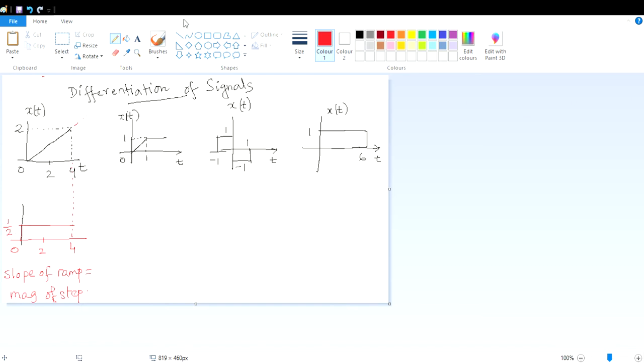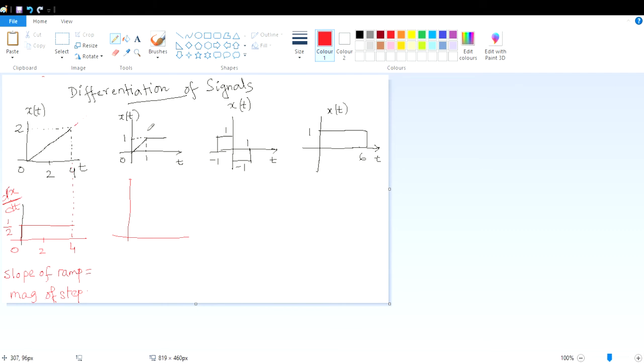Understood? So now we are going for the second. You know that we are not doing the mathematical expression, but what are we actually getting here? We are getting dx/dt. This signal is dx/dt. Understood? So just by observation and remembering simple tricks, we can get the signal dx/dt quite a bit faster.